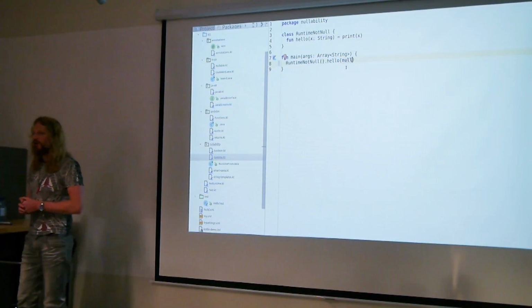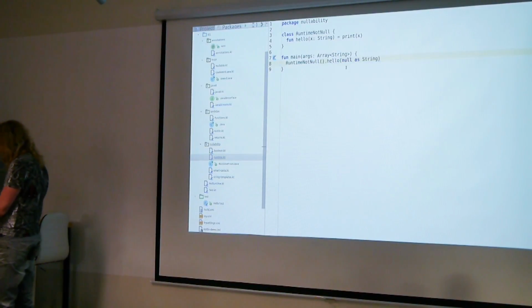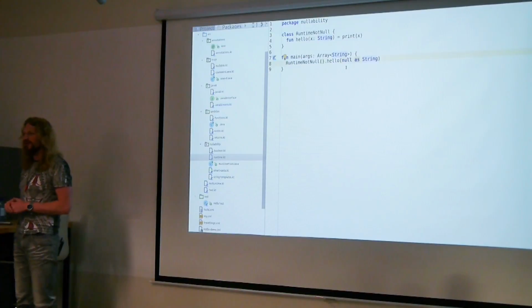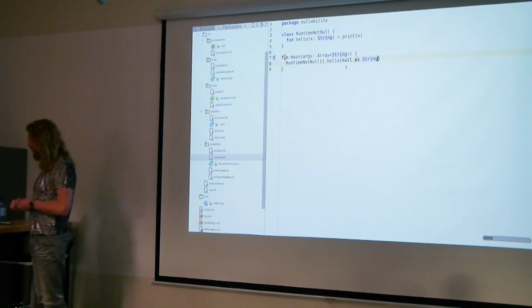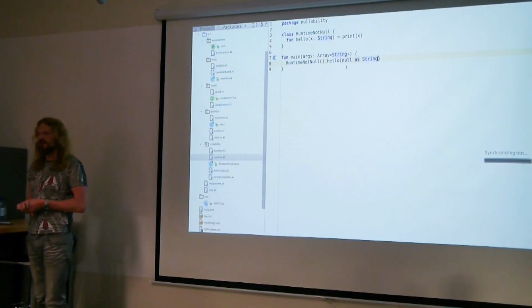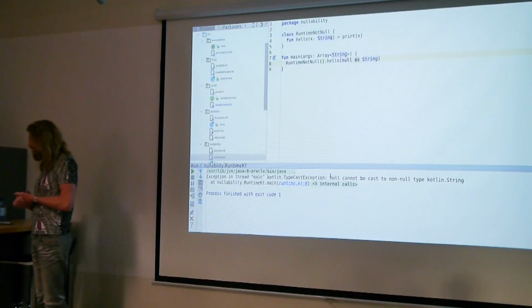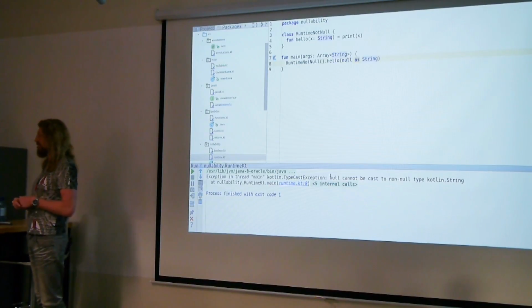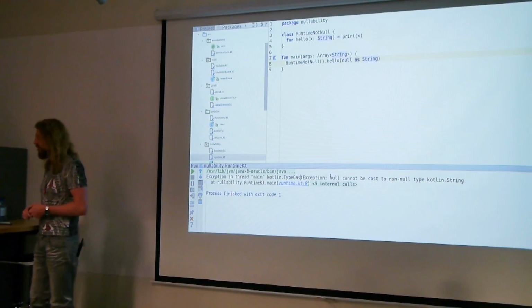It will not compile. But I can still fool the compiler and say that I really want this to fail at runtime. And it will fail, of course, because Kotlin will do the null check at runtime, and in this case it's even a typecast exception, because for Kotlin the nullable and not nullable are different types.